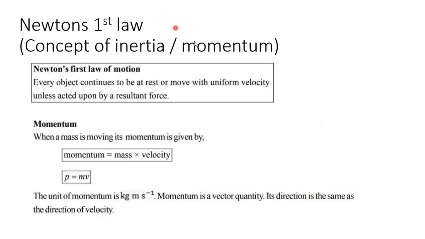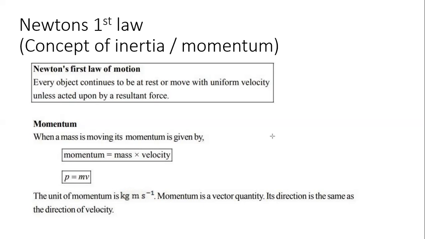Now, since we learned about the newtons, let's talk about Newton's three laws. Actually, there are three laws, and the first Newton's law is called the concept of inertia or momentum, and it is defined as: every object continues to be at rest or move with uniform velocity unless otherwise acted upon by a resultant force. Then that can be easily